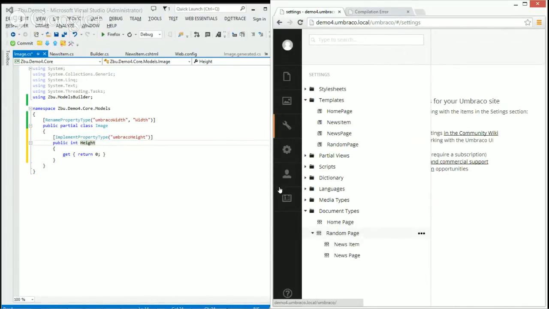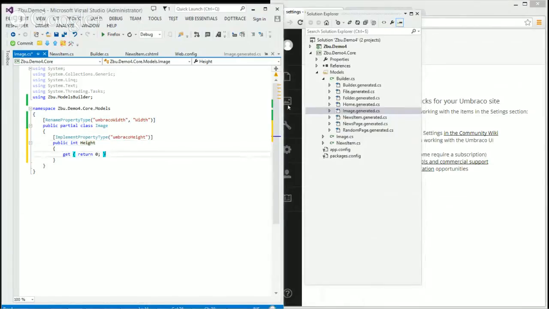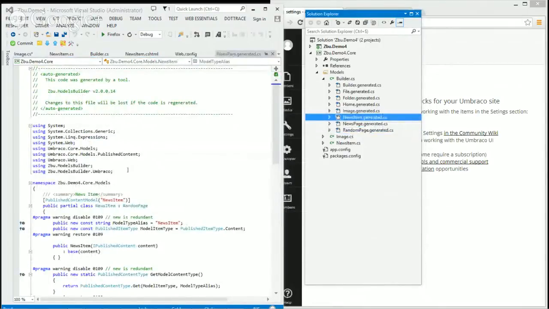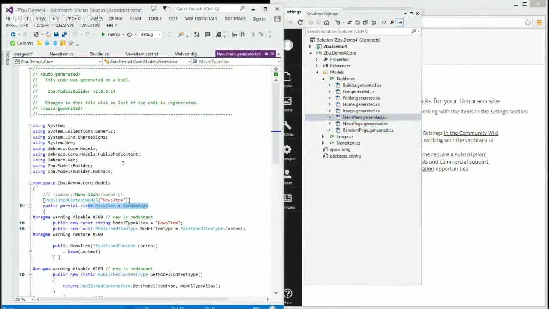If you look at how it's generated, I have a random page type, and I have a news item page, and the news item inherits from random page. So it knows about the inheritance of document types. You could ask, for example, for all children of type random page, and they would be either a news page or news item or whatever, but they're treated as a random page.